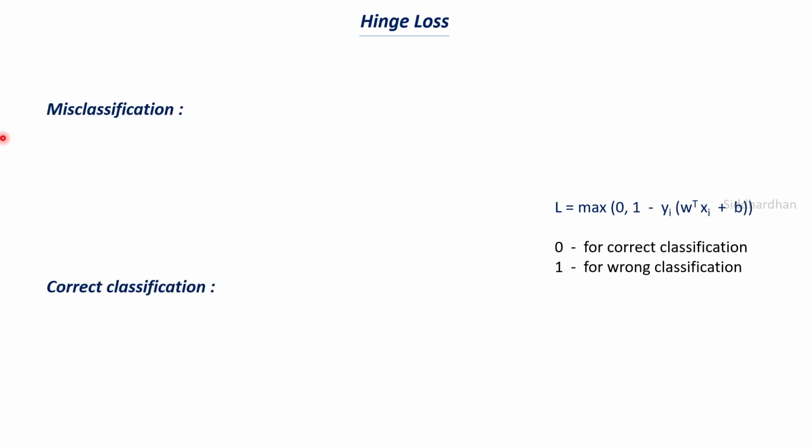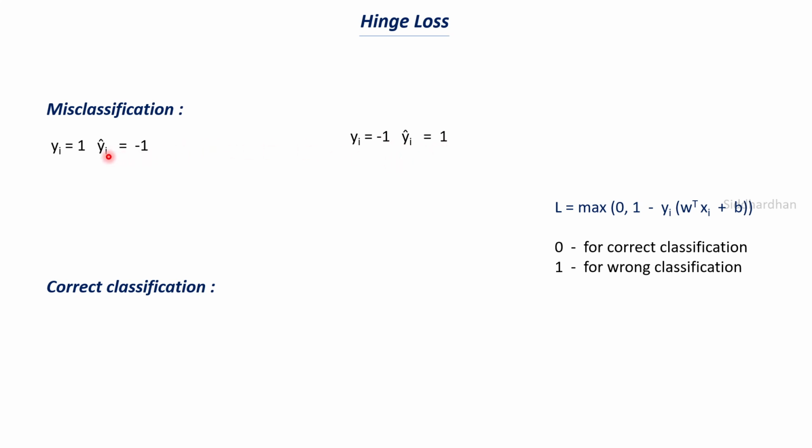So let's take two cases: misclassification and correct classification. In this case, the model is not making accurate predictions, it is making some wrong classification. Let's say that we know that yi is the true value and yi cap is the predicted value, right? So let's say that the true class to which the data point belongs is 1. So the true label is 1, but let's say that our model is predicting the value as minus 1. So this basically is a wrong classification, right? So you can also see this. When the true value is minus 1, the model is predicting the class as plus 1. So this is basically a misclassification.